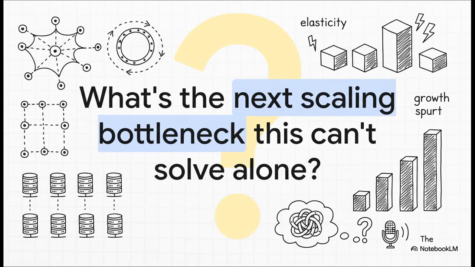And that kind of brings us to a final question. Consistent hashing was this massive breakthrough. It solved the huge scaling problem of the 2000s, this whole data rebalancing nightmare. It's what gives modern systems their elasticity. But systems never stop evolving, right? New problems always pop up. So the question is, what's the next big bottleneck? What's the problem that even a clever solution like consistent hashing can't solve by itself? Something to chew on.